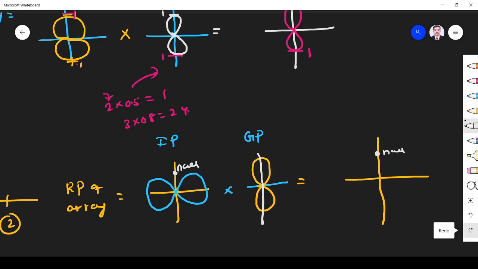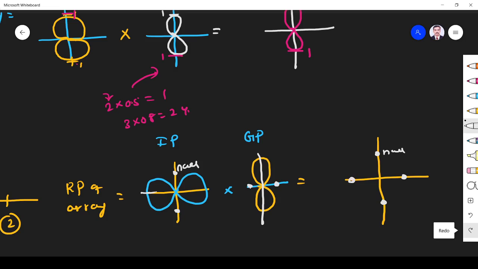How many nulls are there? Here 1 and 2. This is 0, this is a non-value. Null multiplied by null, 0 only. Here it is non-zero, but here it is null. So non-zero multiplied by 0, null. Here it is non-zero, here it is 0 at this point, right? 0 multiplied by anything, 0. So here we have 2 nulls, here we have 2 nulls.